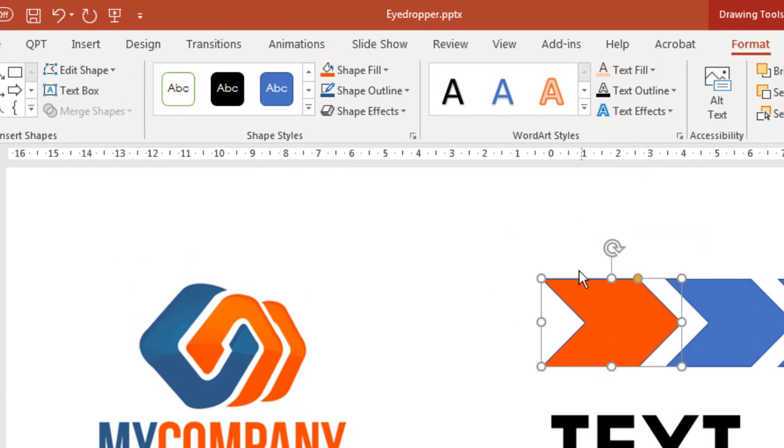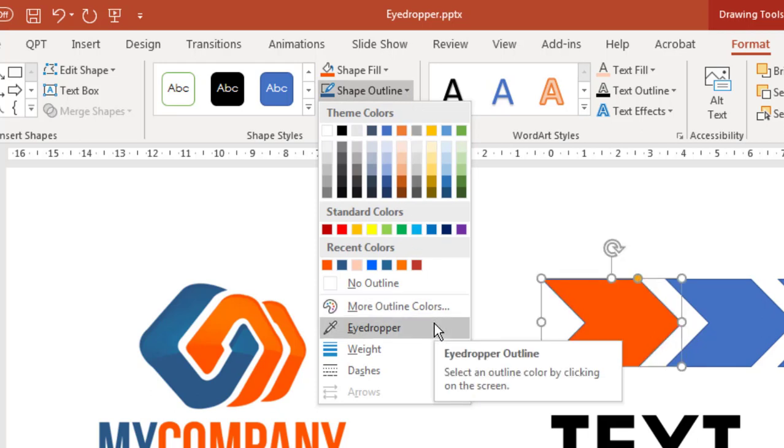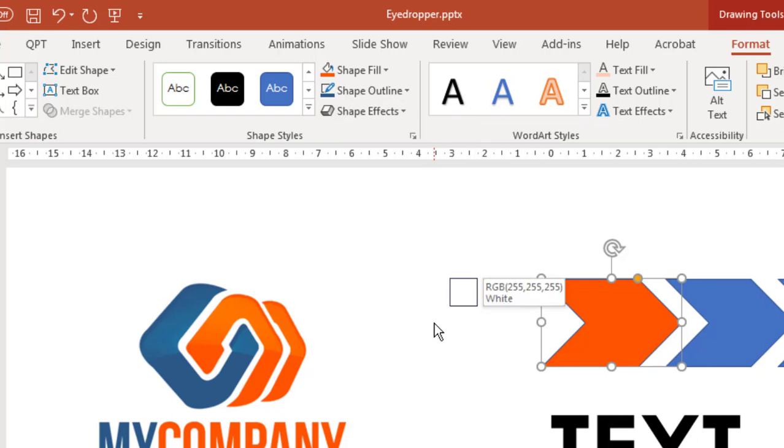So let's say, okay, this is somewhat I want the color, and how about the border? If I want my border to be exactly the same as my corporate color, the blue color over here, so what I need to do, I just repeat the steps. Click on the shapes, click on the format, and then you see there's a shape outline. You click the shape outline, and you will see again the eyedropper icon appear. Click on the eyedropper icon and move your cursor to the color that you want to pick up. Let's say this one. Let's say I pick it up, and you will see there's a change on the outline